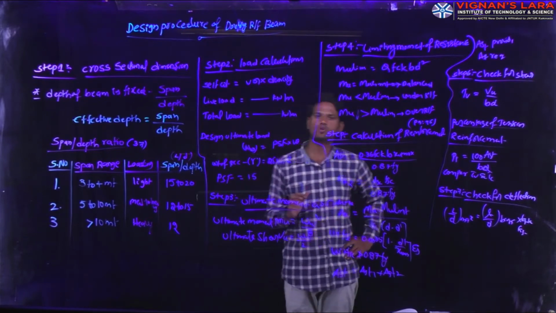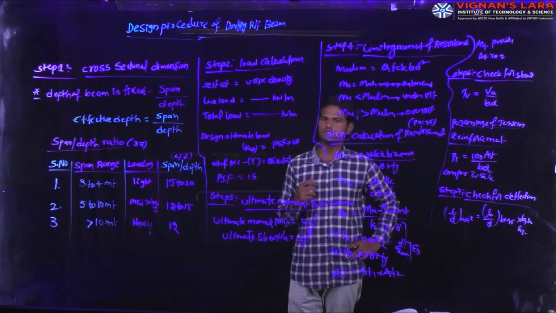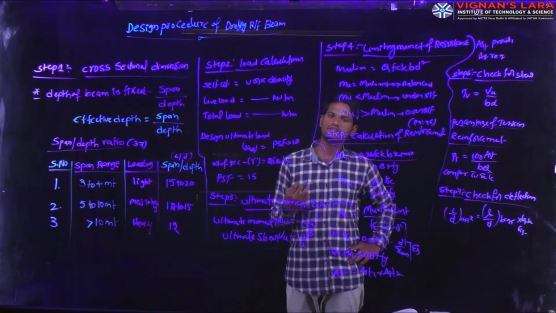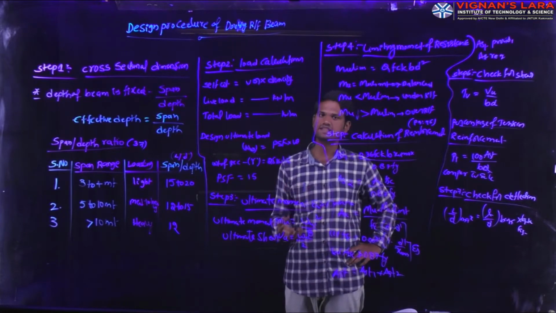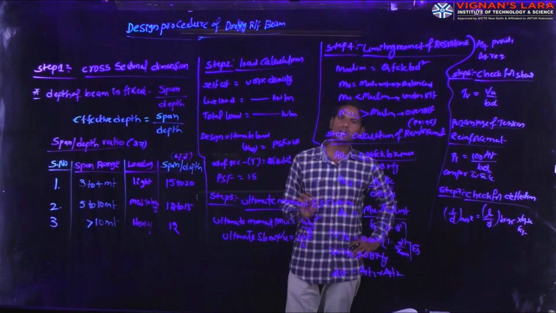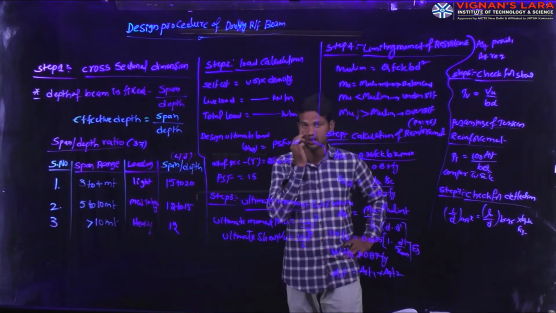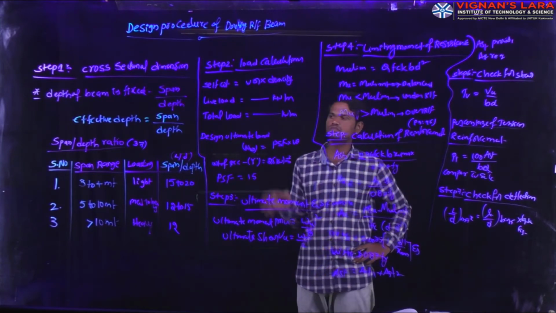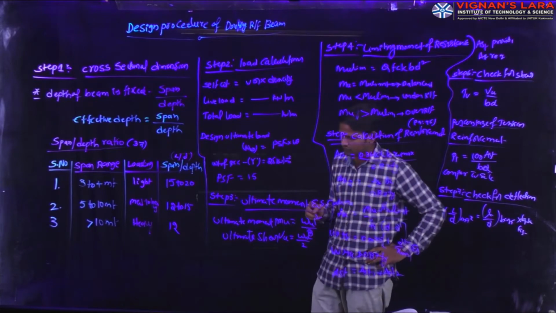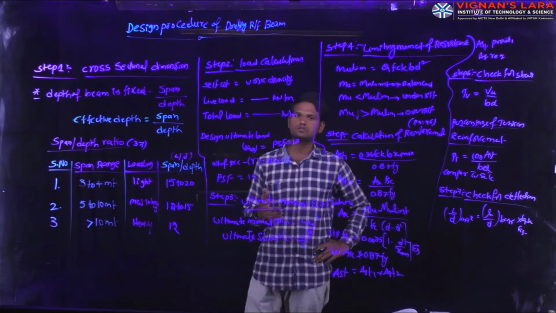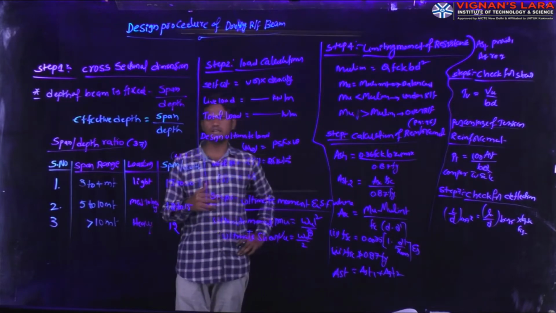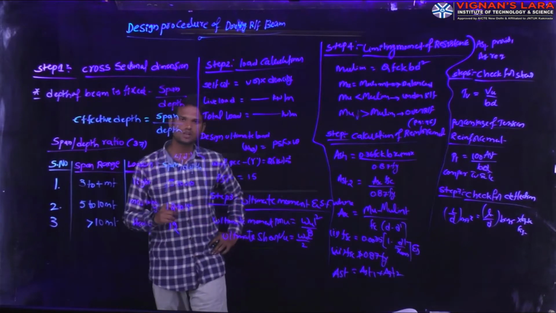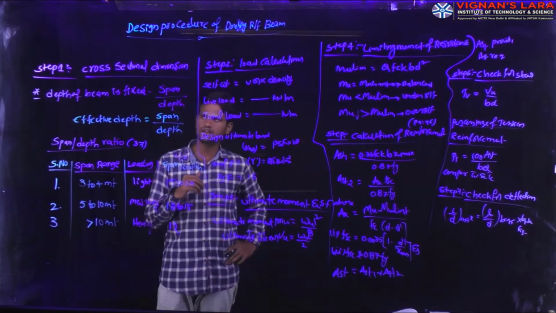Already I have told what is meant by singly reinforced beam section and what is meant by doubly reinforced beam section. When the moment carrying capacity of the section is less than the applied moment, in those conditions we provide extra reinforcement in the tension zone as well as in the compression zone. If you design the beam in that situation, we call such beams doubly reinforced beams. You can also say that a doubly reinforced beam has reinforcement provided in the top portion as well as in the bottom portion.